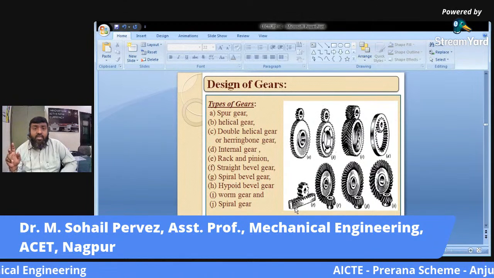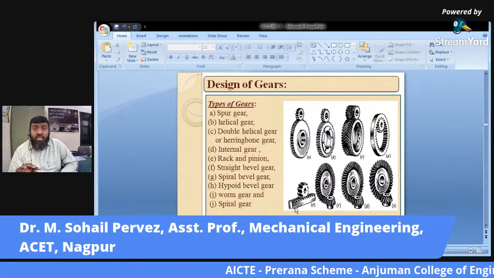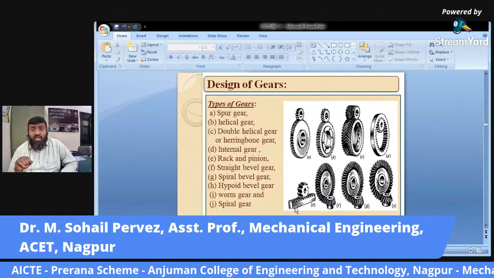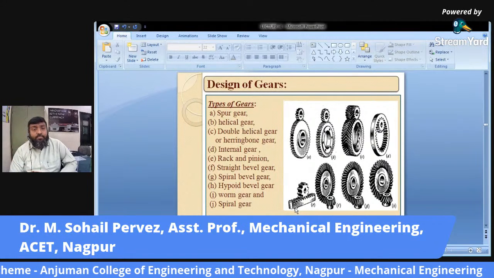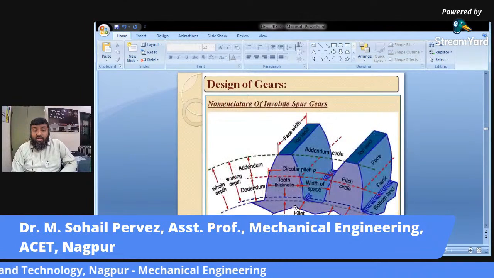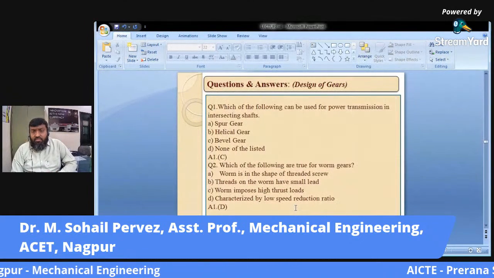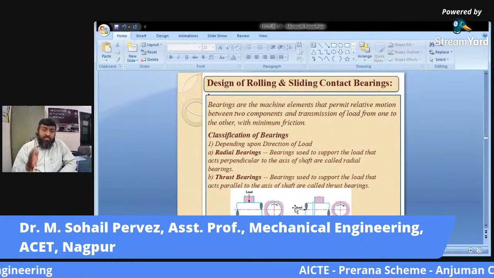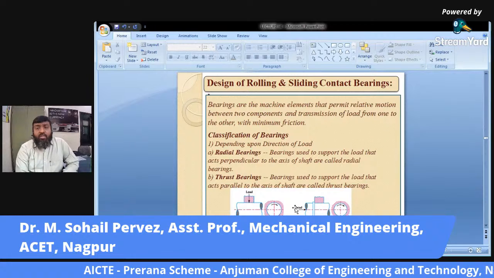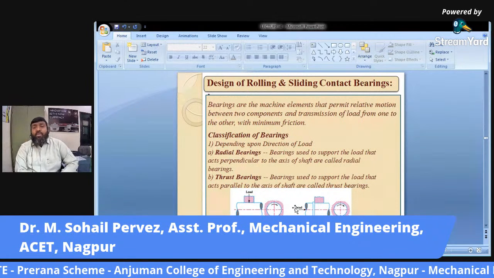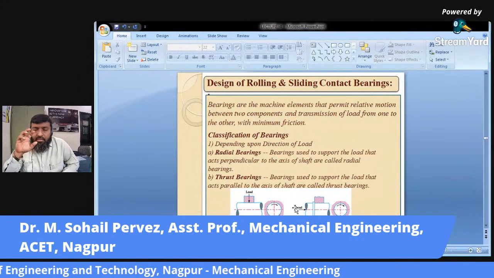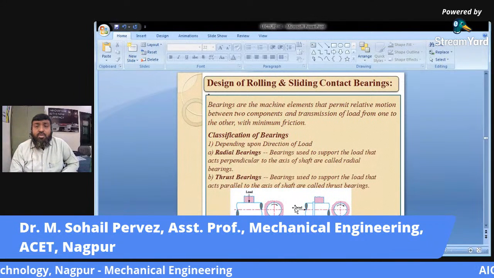And number two is dynamic condition, wherein we have to calculate the dynamic load, wherein we calculate endurance as well as wear loading. So I think we should stop here for gear or design of gear, because it's a very vast topic. The next is design of rolling and sliding contact bearings. Now, how to define bearing? Now, please mind well, the word bearing means to take